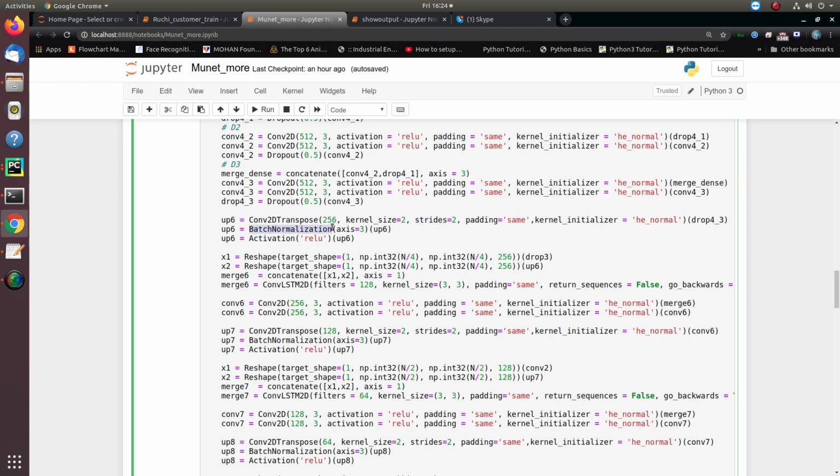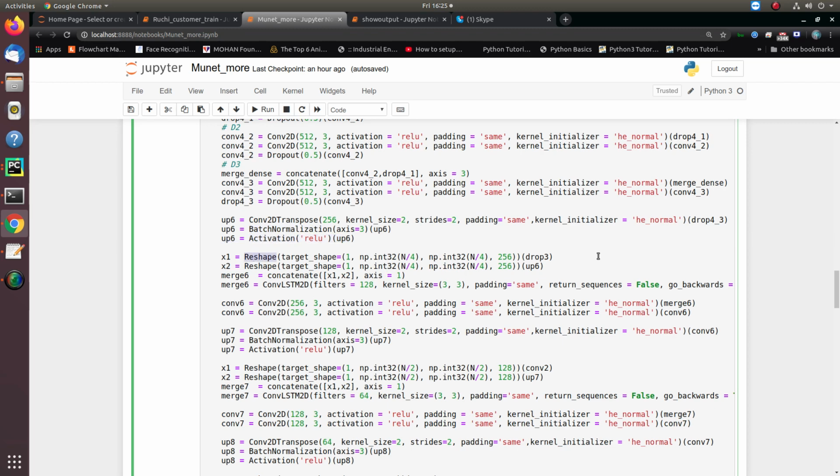Batch normalization basically normalizes corresponding to the input batch size. It works when we have a larger batch size, and will not work if we are using batch size 1. Similar to the upsampling, we use ReLU activation here.